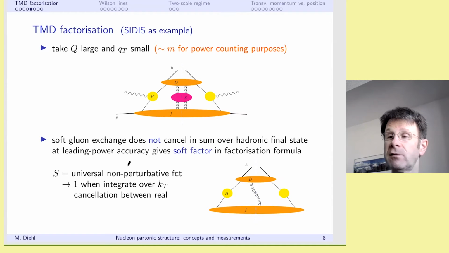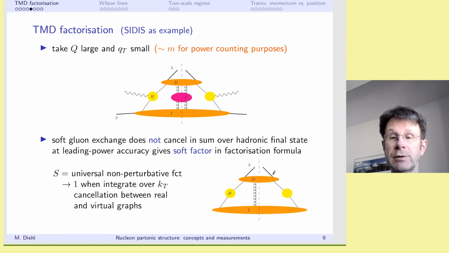Now, why didn't I discuss this before? The reason is, if you integrate over the observed KT and turn your distributions into KT integrated distributions, it turns out that there is a cancellation between the effects of real emissions, that's one gluon here, a soft gluon that's emitted into the final state, and virtual corrections, which is soft gluon exchange that doesn't appear in the final state. So that cancellation happens exactly in the KT integrated case, and then this extra factor is 1. You don't need to